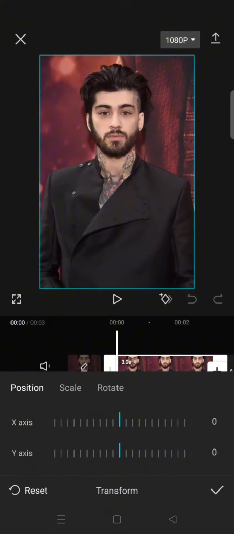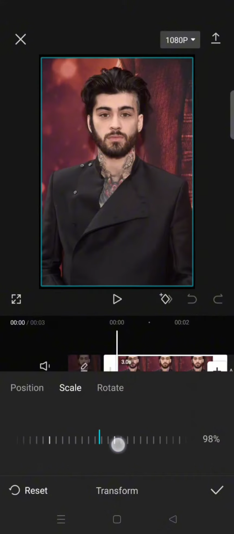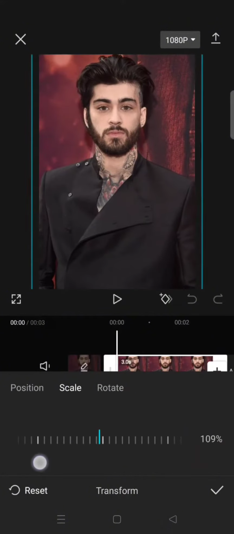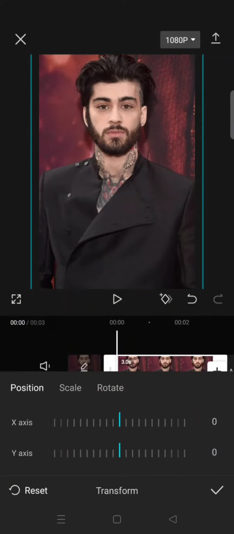Click on that. And in here, adjust the scale, so make it zoom in like this, and then click on the position tab. Now you can just add a keyframe. Click on this, add a keyframe, and then change the